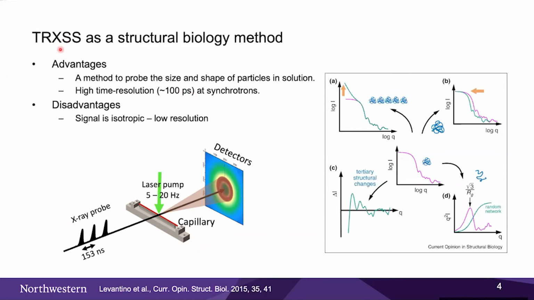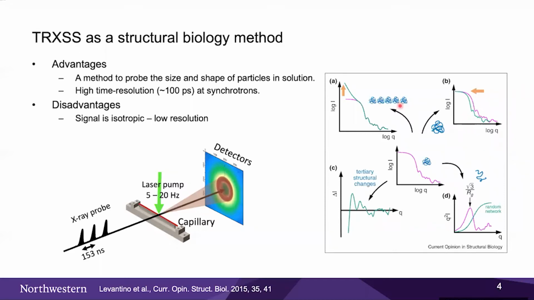And the reason we're working with X-ray scattering is because it's a method to probe the size and shape of the particles in the solution, as I guess people know pretty well here. On the right here, I'm listing a summary of different properties you can use X-ray scattering to probe. For example, in the middle, we have this reference scattering pattern, the intensity as a function of scattering angle. And if you somehow make the protein larger, then all the features will shift to the low Q part, which reflects larger features in the system.